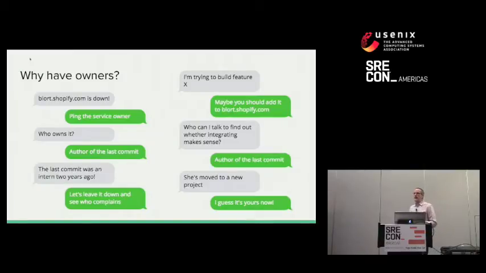A couple of examples where having a clear owner is really valuable. One is when there's an incident going on. Something's down, does that matter? Maybe it doesn't. Maybe it's this crappy old service that no one cares about. Who knows enough about it to help us fix it? That's the situation where you very quickly need to define an owner. Another example is when you want to make long-term decisions about a system. You want to add a new feature. Should I add it to this thing, or is this going to be end of life? Should I move it somewhere else instead? You need someone who has a stake in that system or service to be able to help make these kinds of decisions.